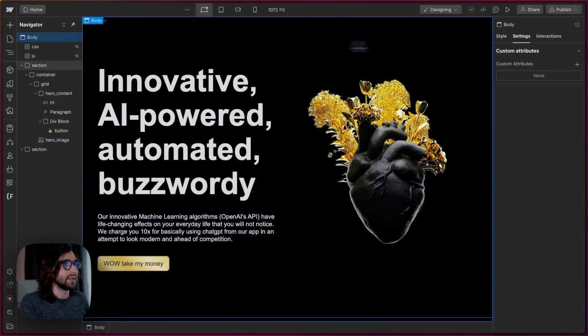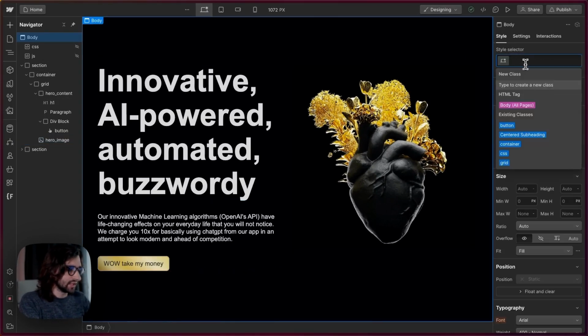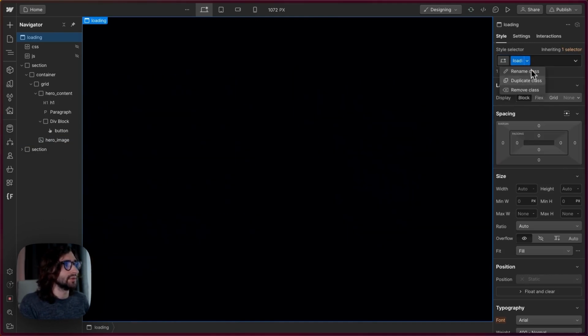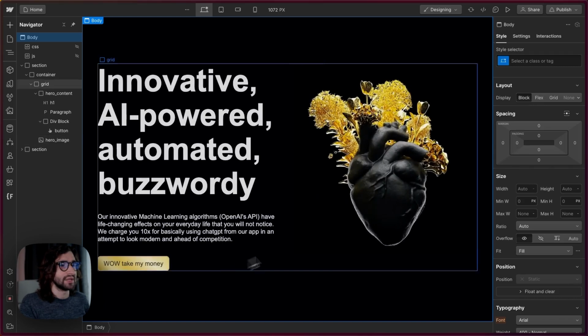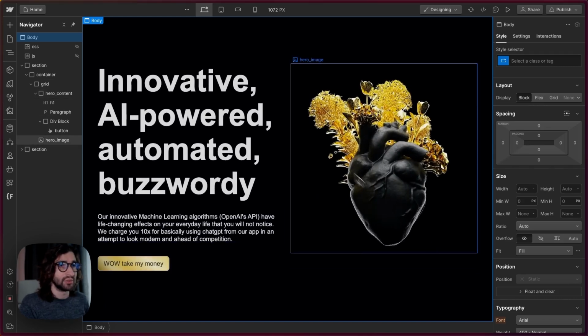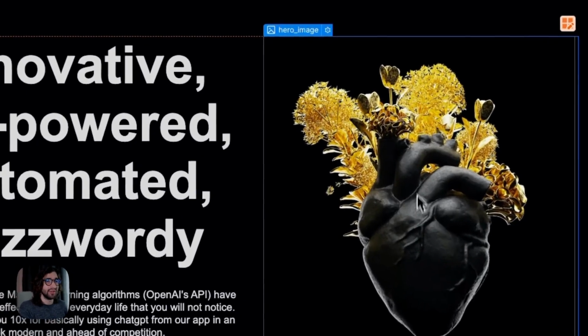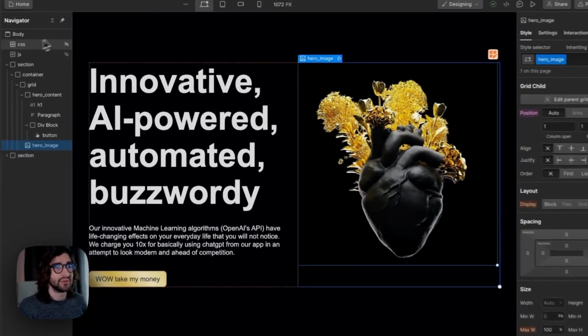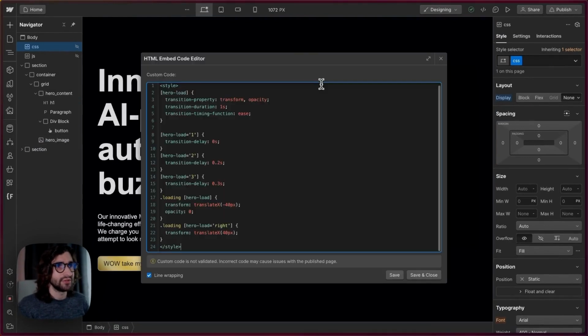Let's go up here and check it out with the loading class. So there we go. And when we add it back, we'll see everything comes in the order that we expect. But again, we want to combine the right with 3 in order to make the image come in from the other side. So let me introduce you